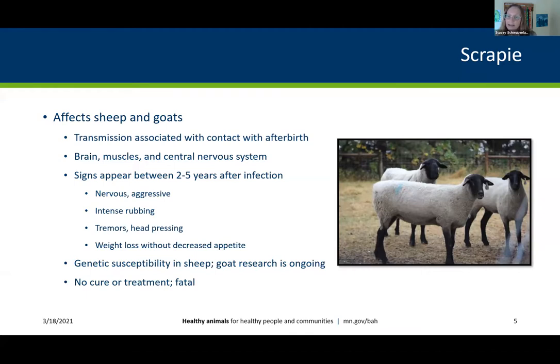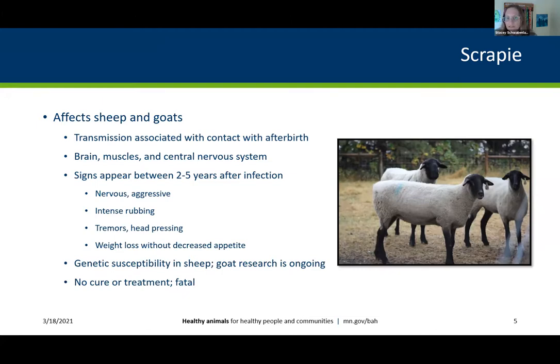So any lambs, kids, other goats or sheep that are around can potentially ingest that infected material and then later develop the disease themselves. That's the point that we're most concerned about with transmitting the disease.